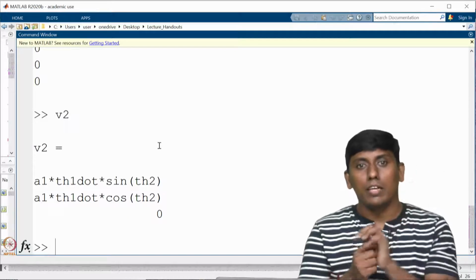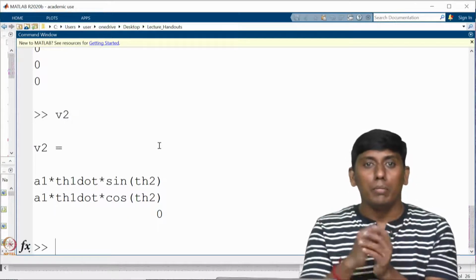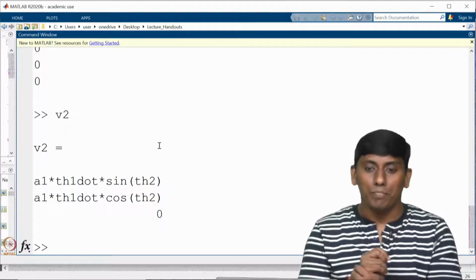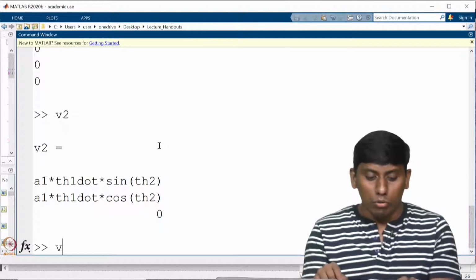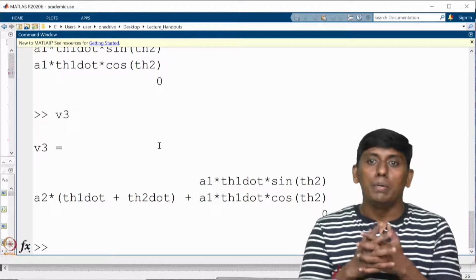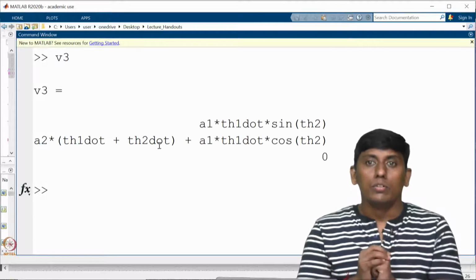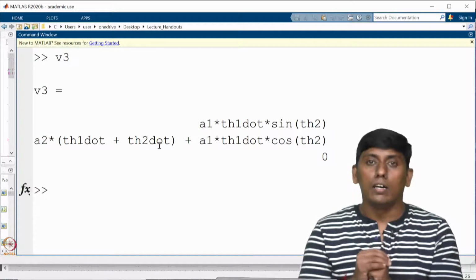So in that sense this direction, but if you take it from the 0th frame, that would be a negative direction, so you can cross check it. Okay. So let us go to the V3. So V3 would be added. I will show it clearly. So these are the V3 components.